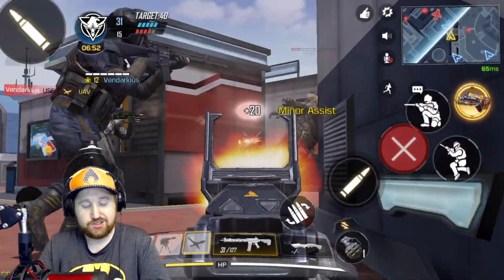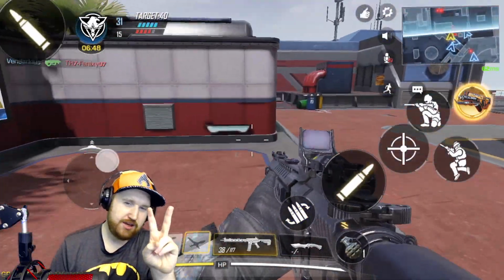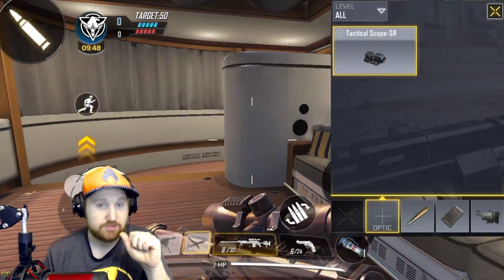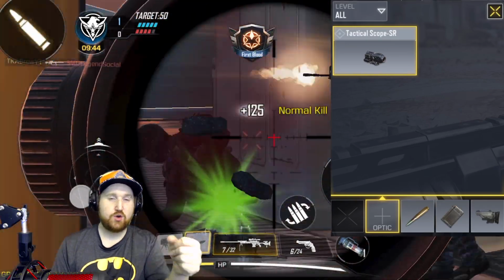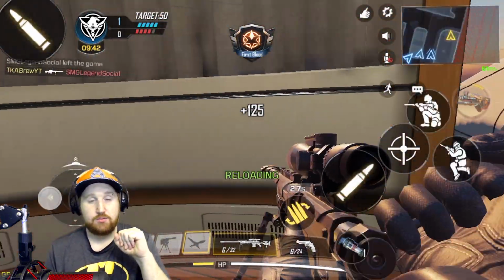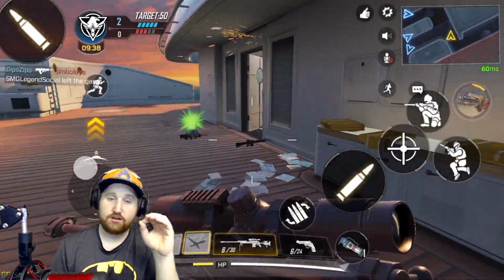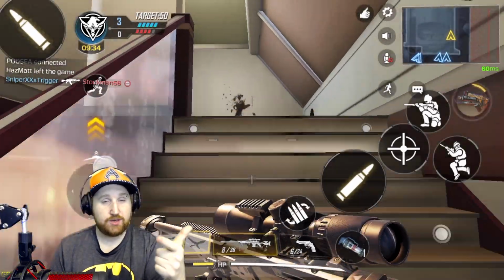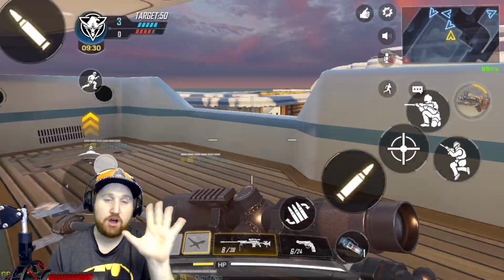Now we're going to move on to our snipers. Snipers are a little bit different. They only have two optics, the regular sight and the tactical scope. But for me personally, for sniper rifles, I don't like the tactical scope unless you're running and gunning, because it gives you a better field of view. But the stock scope is way better for distance. It still works fairly okay for running and gunning, so I would definitely not even put an optic on any